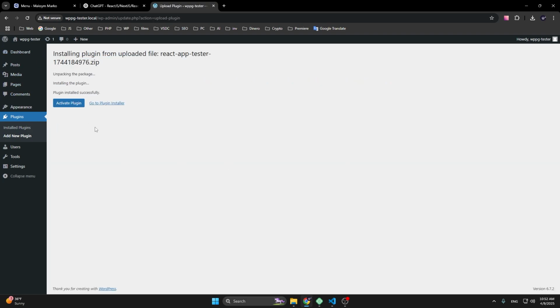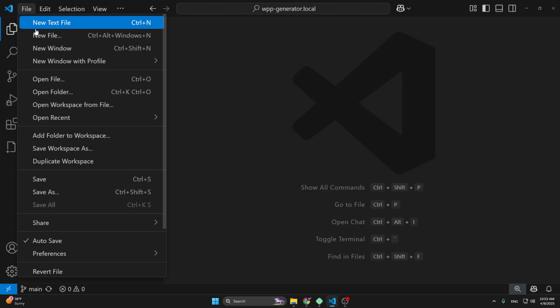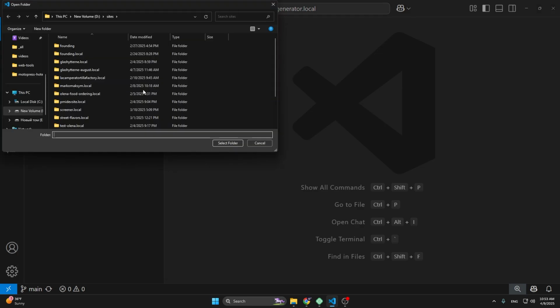At this step, we shouldn't click the Activate Plugin button because we didn't generate autoload files for our plugin. So just wait, don't click this button, and go to VS Code, open your folder, your website tester,